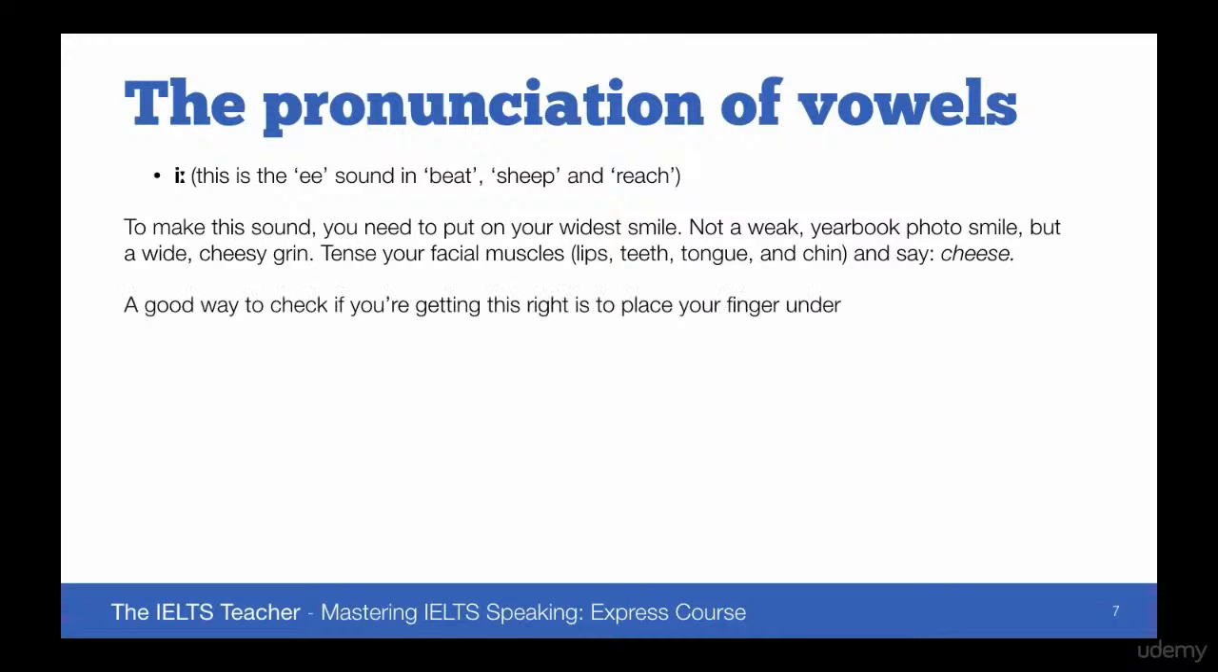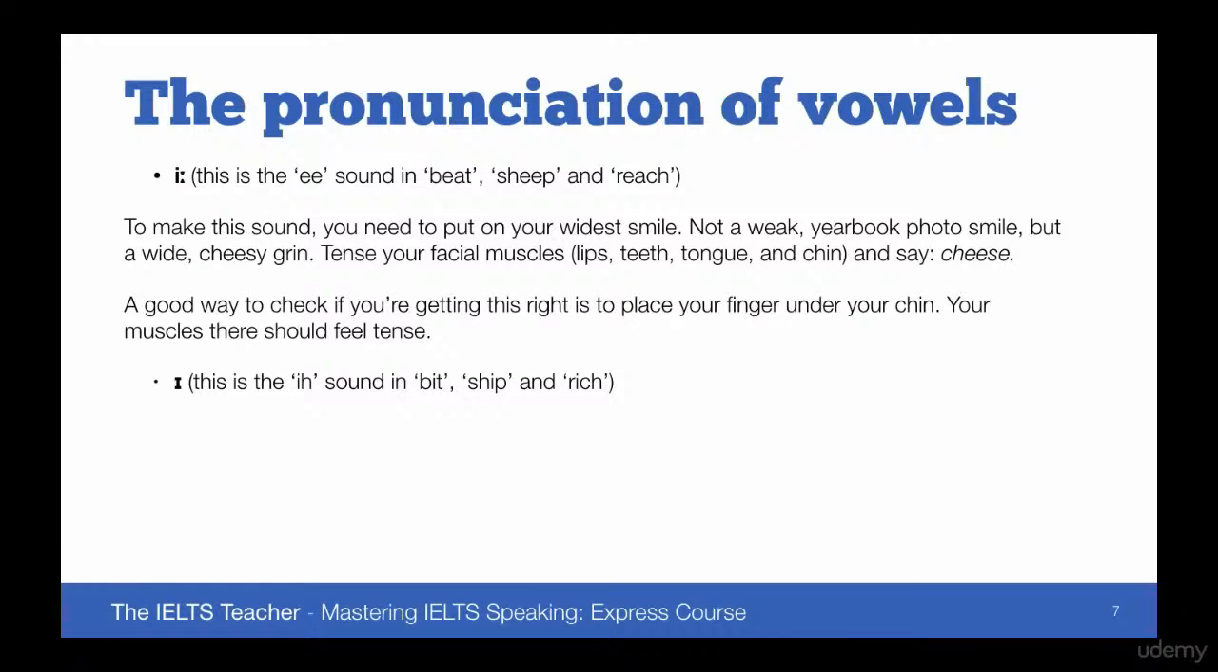Okay? A good way to check if you're getting this right is to place your finger under your chin. You'll feel the muscles there tense up if you're pronouncing this correctly. If you're pronouncing it like chis, then you won't feel those muscles. And that's the sound that we're going to look at here. The i sound in words like bit instead of beat, ship instead of sheep, and rich instead of